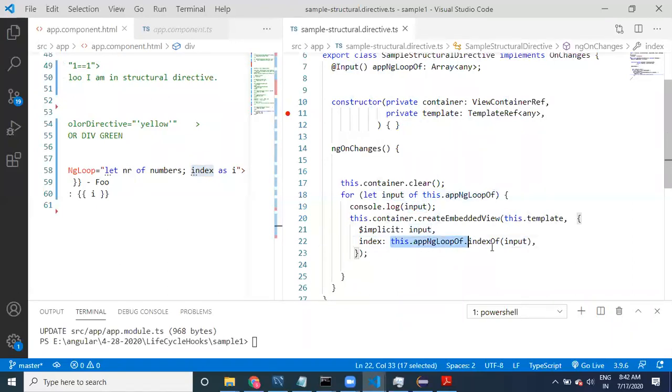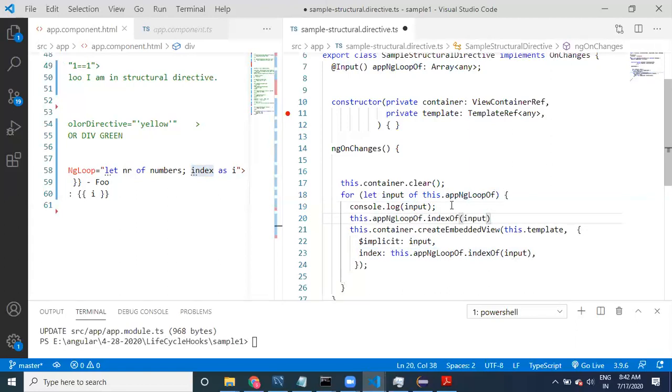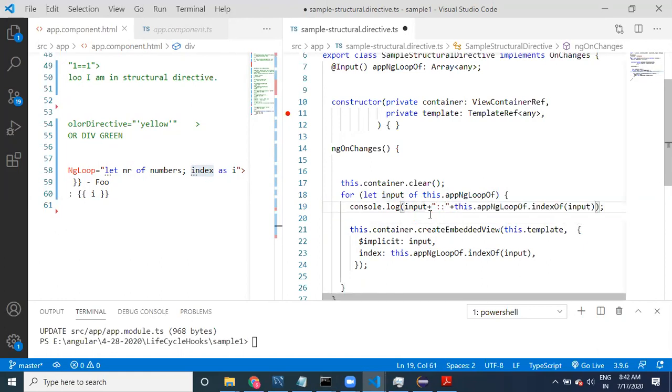This is going to be something like print console.log of this.appNgLoop index of input.